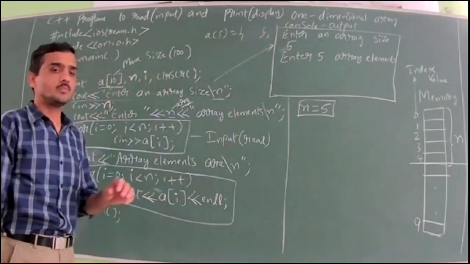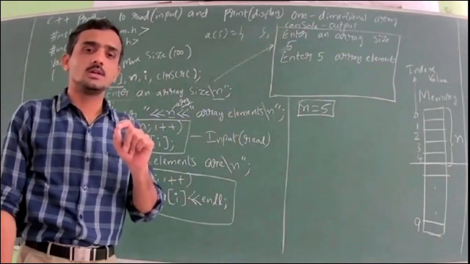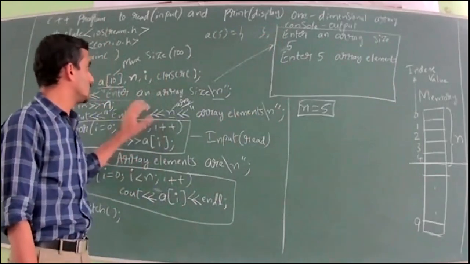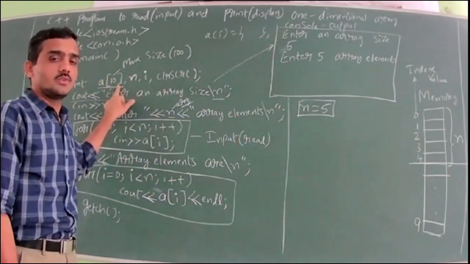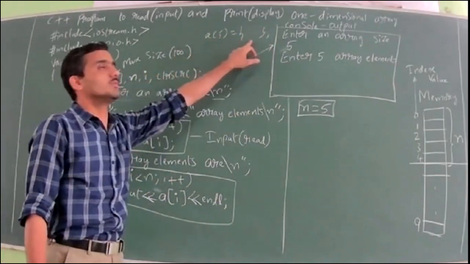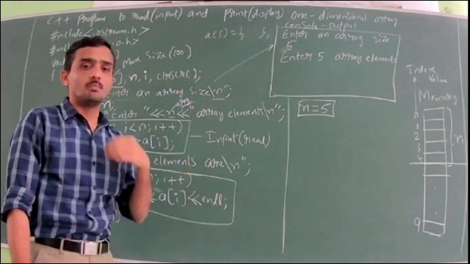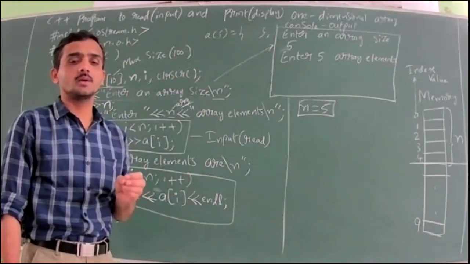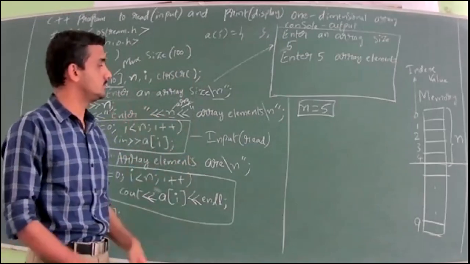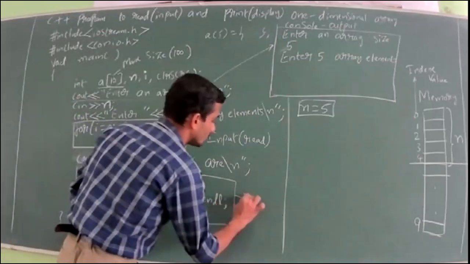So again, if they ask to write a code to input the values for an array, you just write this code by declaring the array. If they ask to print the values of an array, you just say int a of 5 equals some values, then write this code. If both are asked, like write a program to read and print the values of one array, then you have to write the complete program. So this code is for display.